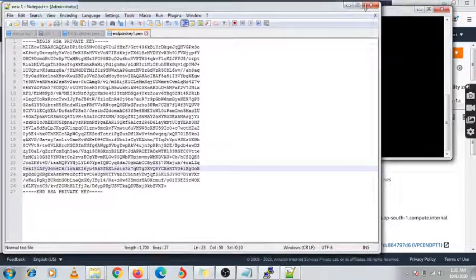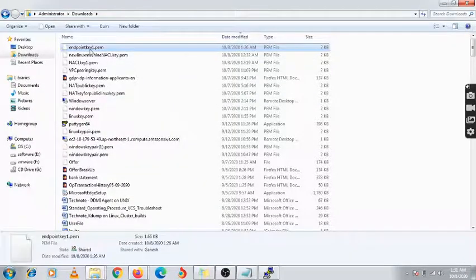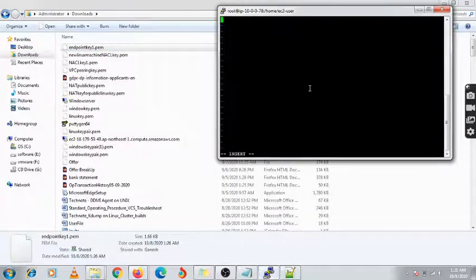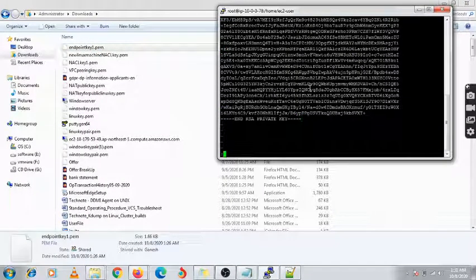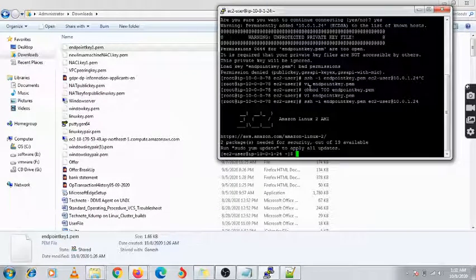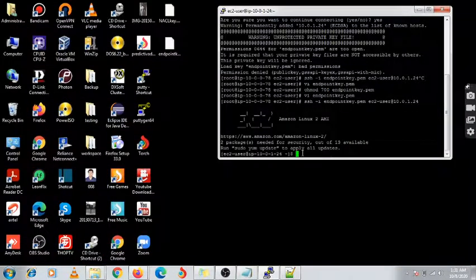First I'm going to close it and open it again in Notepad and copy it, Control A, select it again, paste it, save it, and check with the same command. Yeah, now the server is accessible to me, right? So this is my private instance which I have access to.